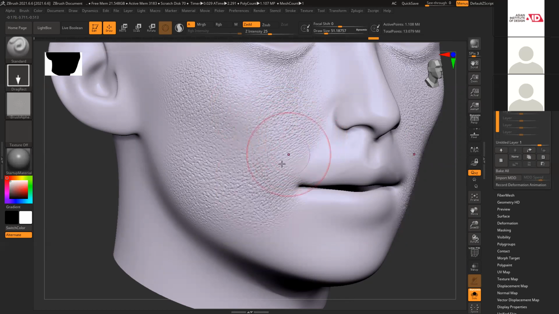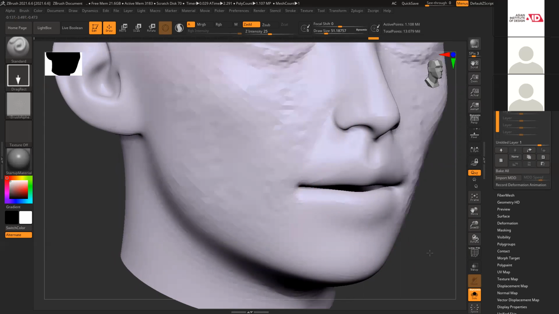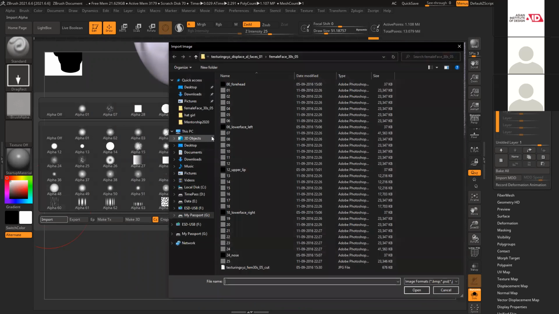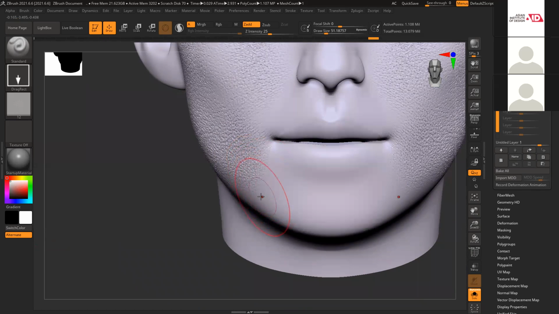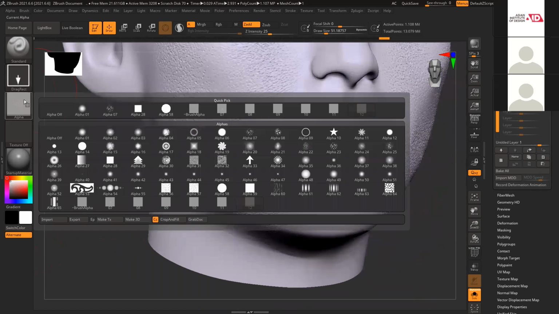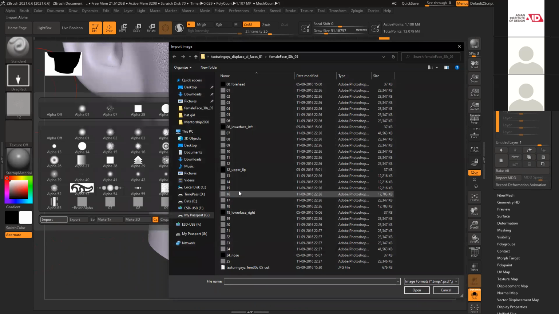So you can see the direction of the line should match. And number 12. Number 16.